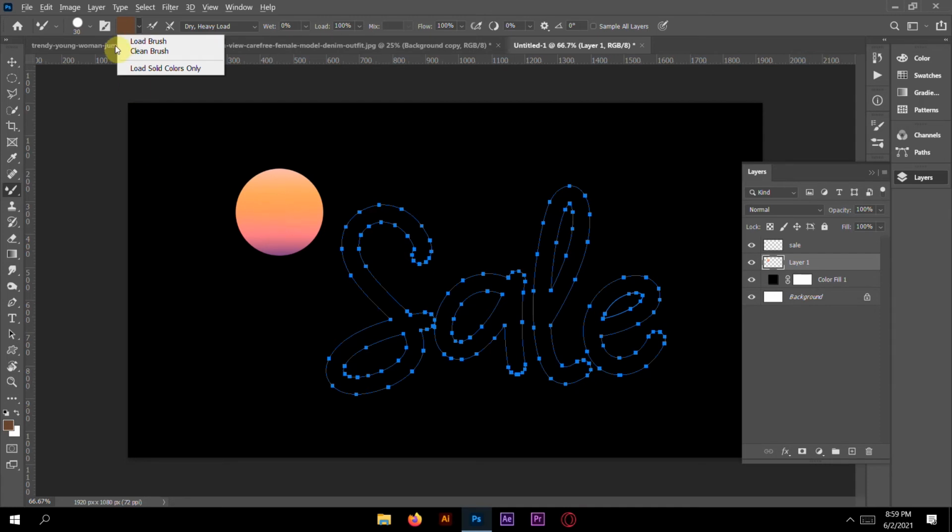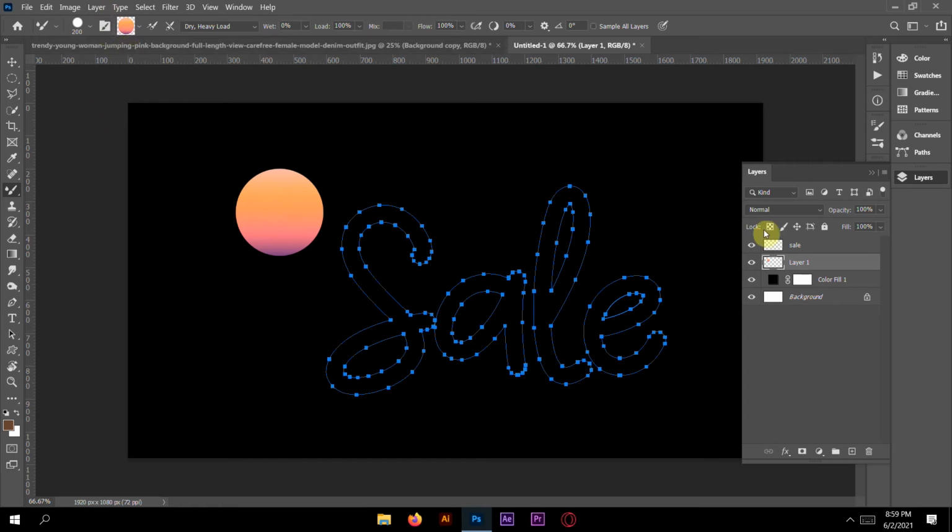Then press the alt key and click into the circle. You can make the circle bigger so you can get a better view. If you want to make the circle bigger, you can press the third bracket key. So you see that the full circle comes out here.